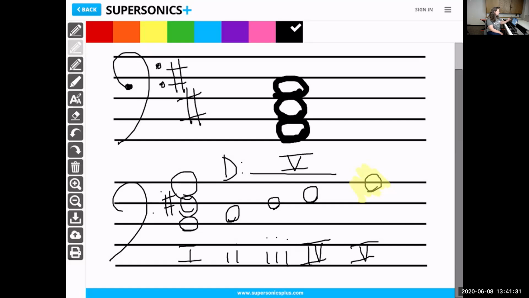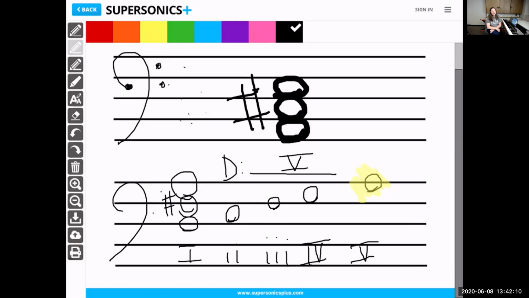And remember, on the test, they don't want you to have the key signature written. They want you to draw your sharps or flats in correctly in front of your chords. So there is your answer. The 5 chord in D major is A major. Okay? And it is part of the cadence. 1, 4, 1,